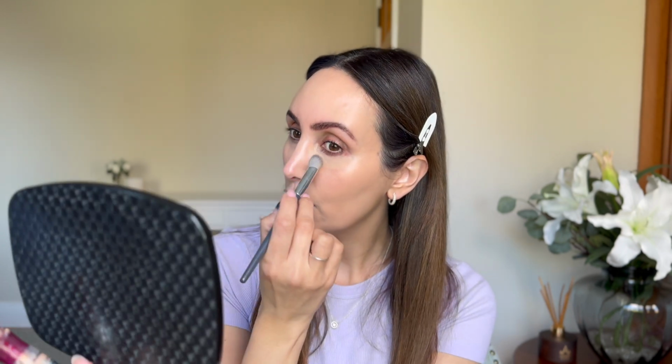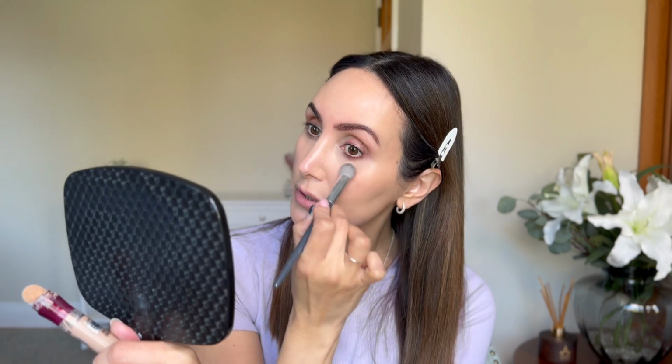So we're going to use that under the eye. Also going to use it as a base for the eye product. So I'm going to use